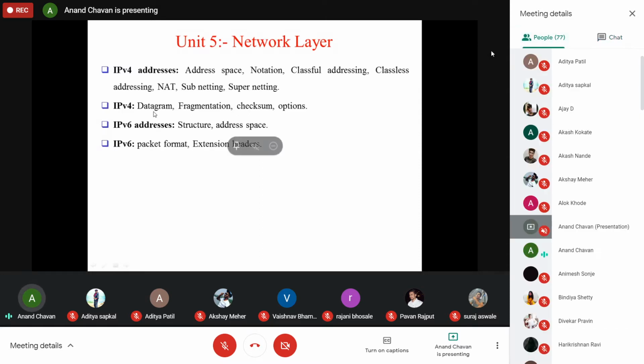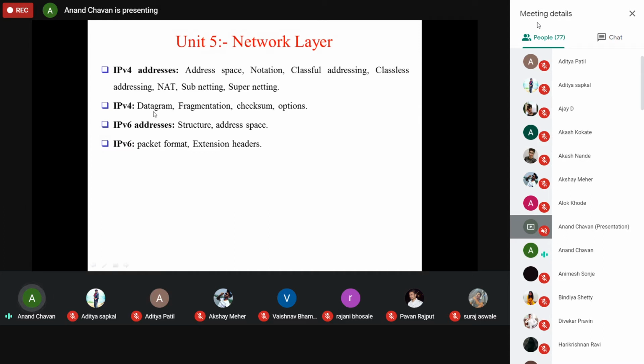We are also going to see some fragmentation techniques, meaning the packet can be fragmented at the sender side and defragmented at the receiving side: fragmentation and defragmentation concepts. Then we are going to see the checksum options, how you check whether the packet is received at the receiver side or not.